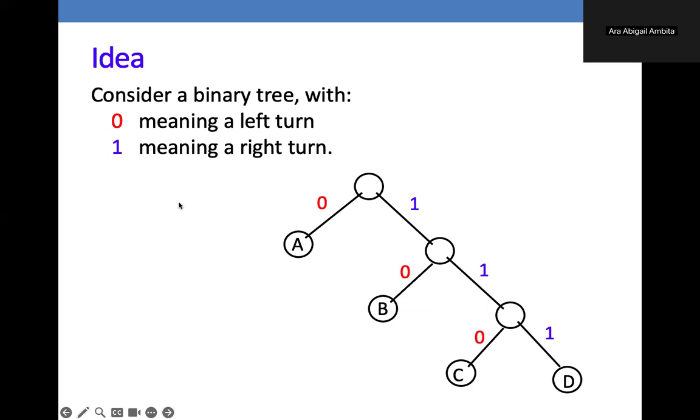So, leaf na siya. So, wala na siyang pupunta na iba. A. The second na zero, still, dito ka pa rin sa A. So, every time na makita ka ng leaf, balik ka ulit sa root, tapos dun mag-traverse ka ulit. So, let's say zero, so move to the left. So, may nakita ng leaf. So, we list that A. Tapos, the second zero, we move again from the root into a left turn ulit. That's another A.